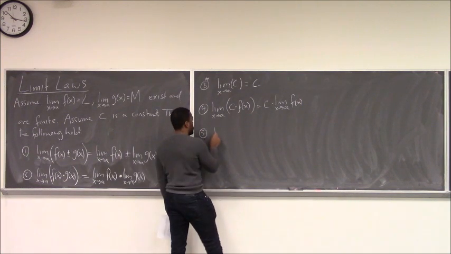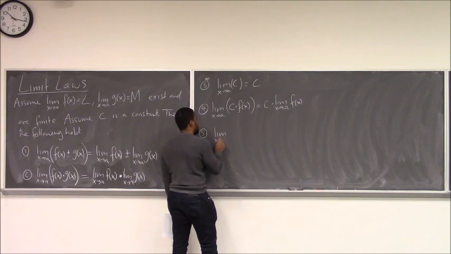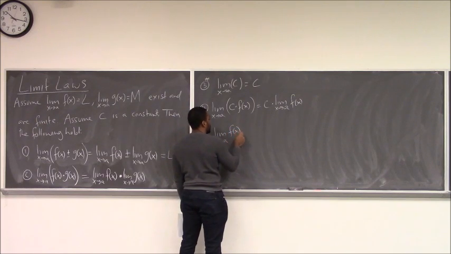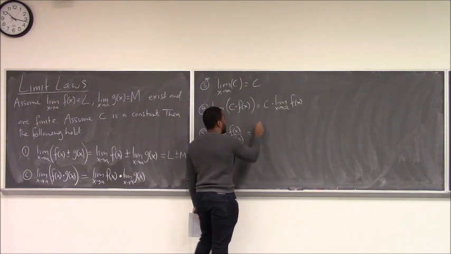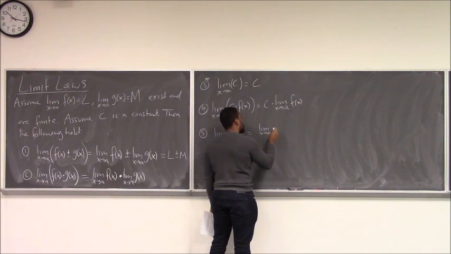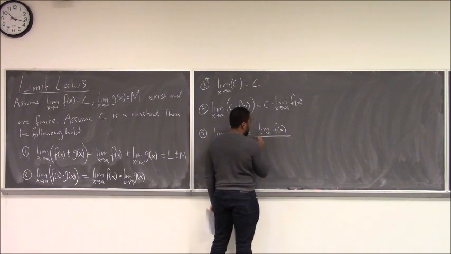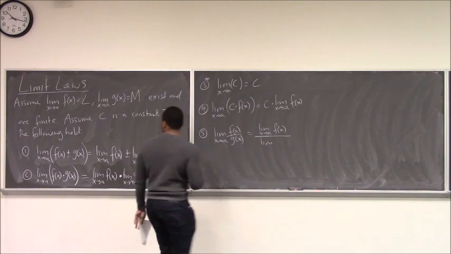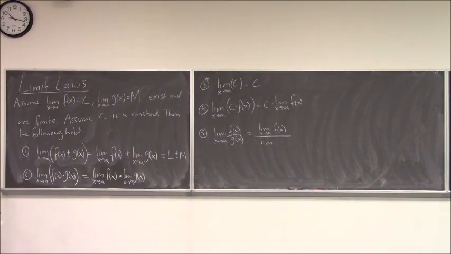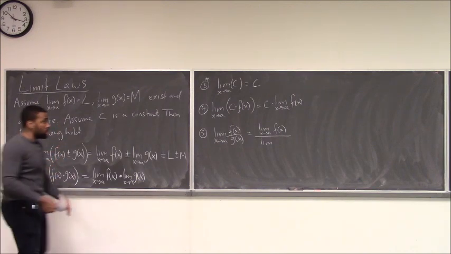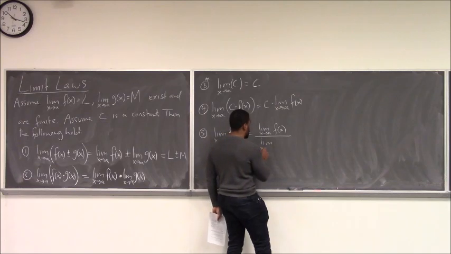Limits also will distribute across division. So limits are very nice. They distribute pretty much across both multiplication and division. Not a lot of things do that. Remember, powers, for example, don't do that. Powers don't distribute across sums, but they do across multiplication. So it's nice to know what rules you're allowed to do with limits. In the case your limits are finite, all these things are okay. At any time you can apply one of these rules if it makes solving the problem easier for you.